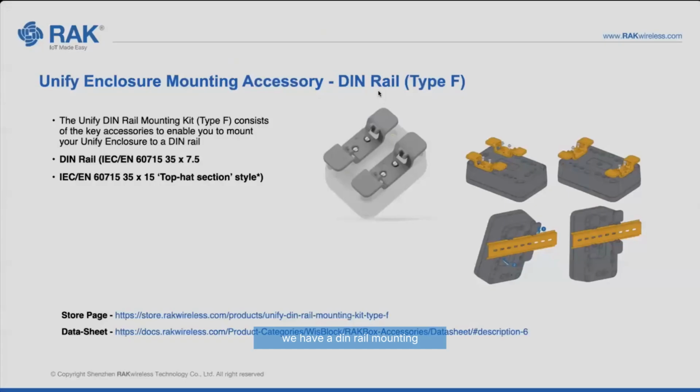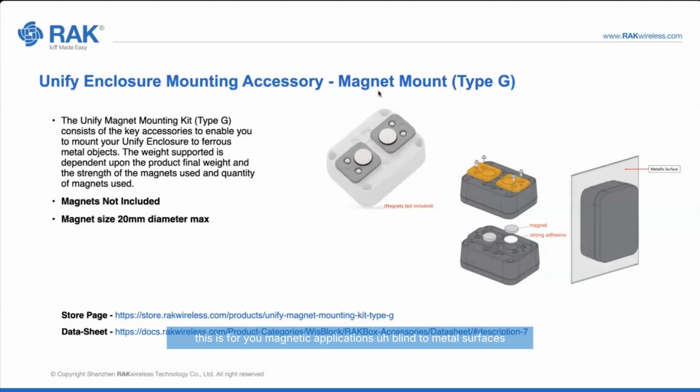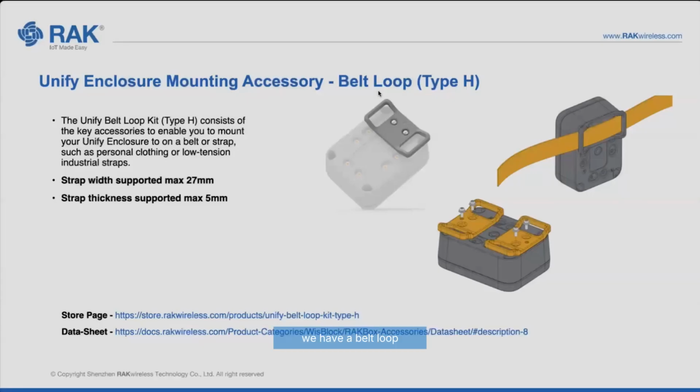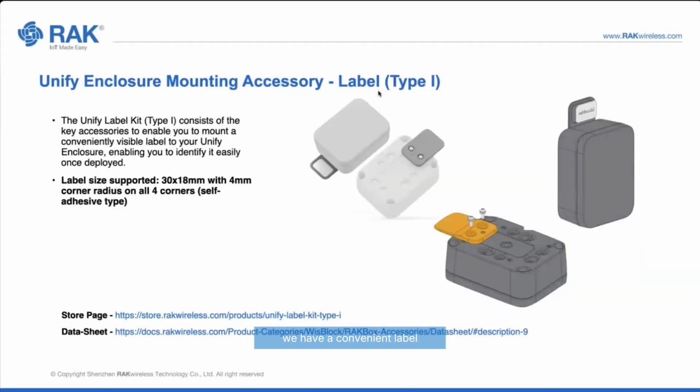We have DIN rail mounting, for professional installations within DIN rail applications. We have magnet mount, this is for magnetic applications applying to metal surfaces. We have a belt loop. We have a convenient label. This label allows the user to actually add a visible label. This is very common in DIN rail applications. With DIN rail applications, you would install it into some kind of a cabinet with lots of other hardware, and you might need to identify what this thing is. We have a hook loop,